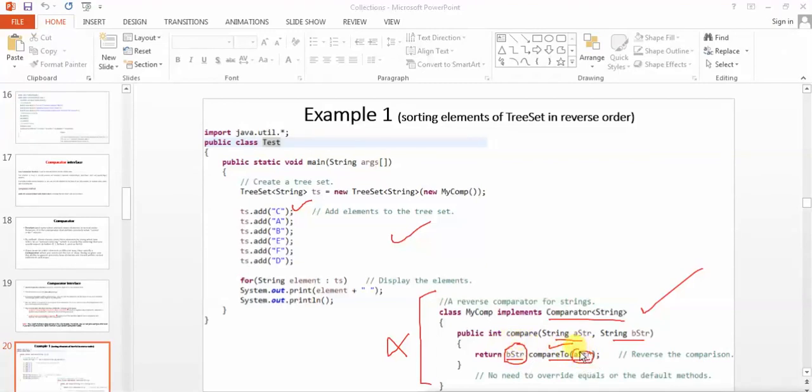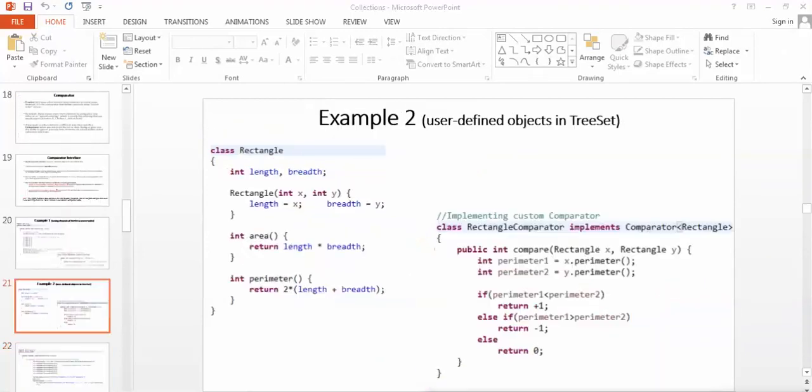See, I just switched the two values here. If you write aStr.compareTo(bStr), then this logic will be sorted in ascending order. Sorry, if you write bStr.compareTo(aStr), the whole logic will be printed in descending order. For those who do not know, the compareTo method returns a positive, negative or zero value. That's why this is a concise, very specific line here, returning some value. And this comparator object I am providing inside the TreeSet object.